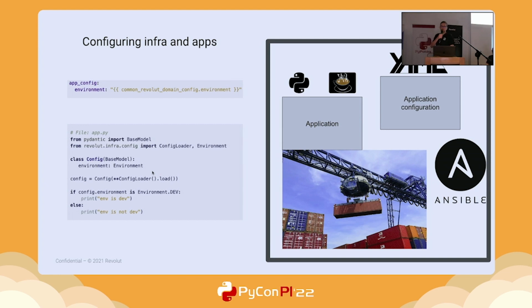So this instance of the config, as can be seen here, is simply instantiated by somehow loading or injecting some configuration read from the environment variable. What happens internally is that the automation provides the running container with an environment variable, which contains a path to the YAML file, which is provided to the running container. So in this very simple case, the application would simply print something on the screen that relates to the environment in which it is running.